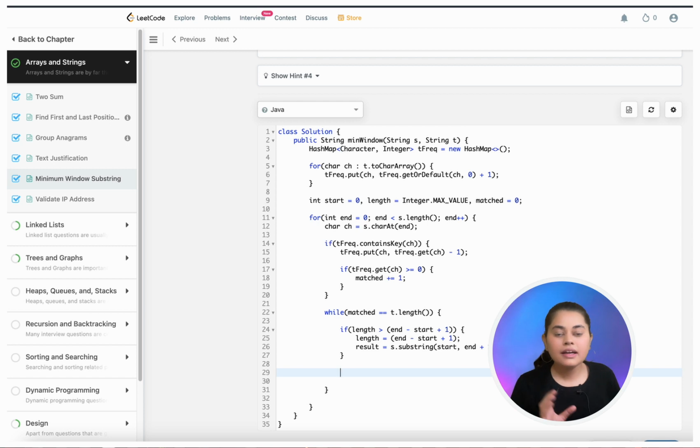So what I did, if length is greater than your current window size, I updated the length and I updated the result with the substring of start to end plus 1, right? This is basically the length of your current window, end minus start plus 1. Now I want to shrink my window.